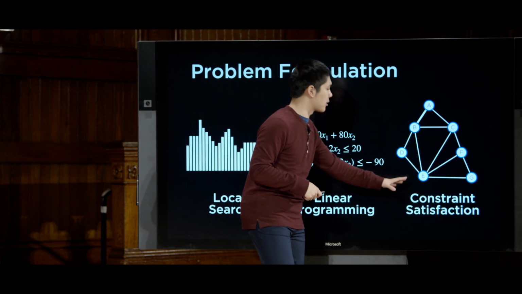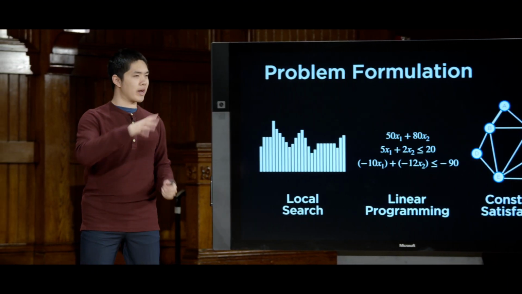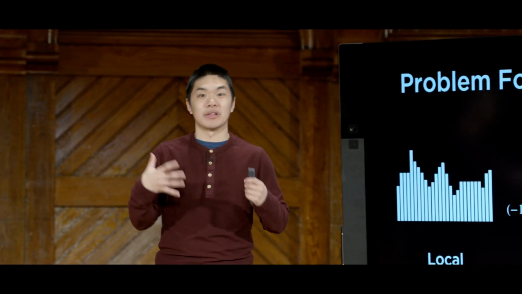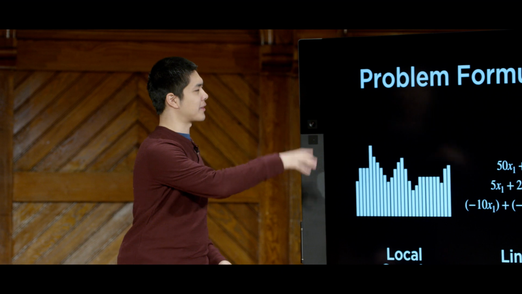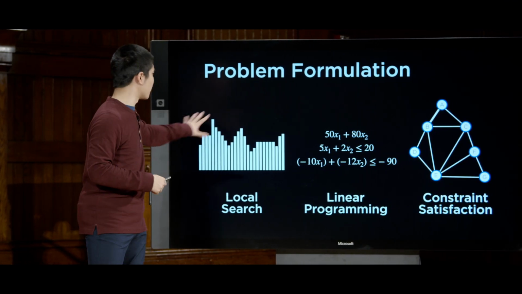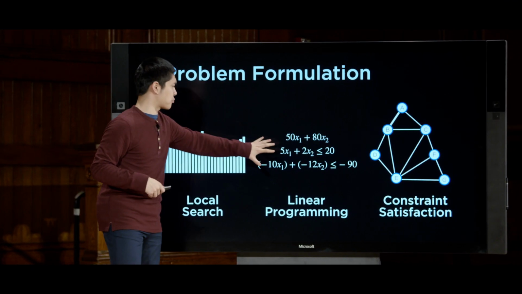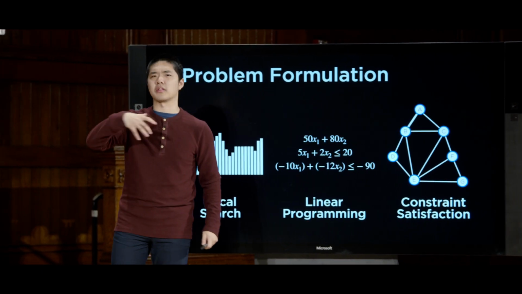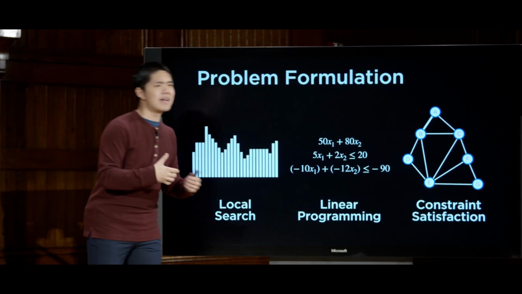And we saw formulating a problem as a constraint satisfaction problem, creating this graph of all of the constraints that connect two variables that have some constraint between them, and using that information to be able to figure out what the solution should be. And so the takeaway of all of this now is that if we have some problem in artificial intelligence that we would like to use AI to be able to solve, whether that's trying to figure out where hospitals should be, or trying to solve the traveling salesman problem, trying to optimize productions and costs and whatnot, or trying to figure out how to satisfy certain constraints, whether that's in a Sudoku puzzle, or in trying to figure out how to schedule exams for a university,